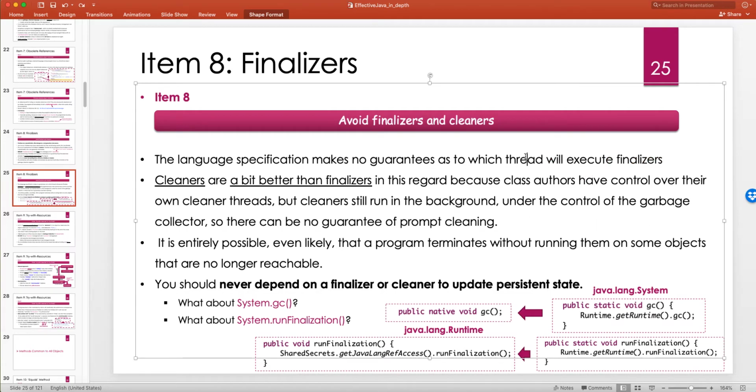So the first problem is that even if you're in the same thread, let's say you're in a main thread and you want your objects to be cleaned up when they go out of the scope, it's not deterministic, so you don't know when the finalizer is called. If your code is multi-threaded, there is also no guarantee which thread will execute the finalizers. Cleaners are a bit better than finalizers in this regard, because class authors have control over their own